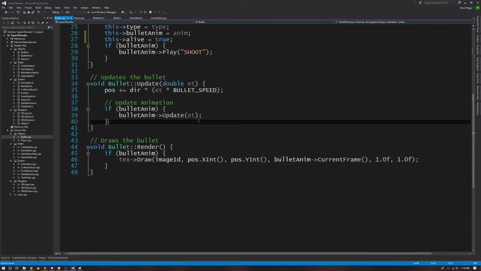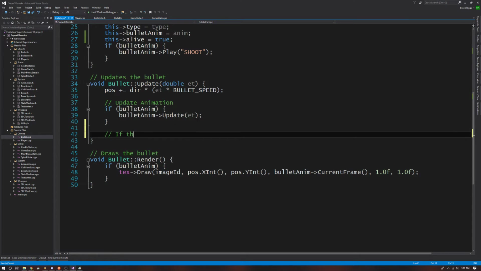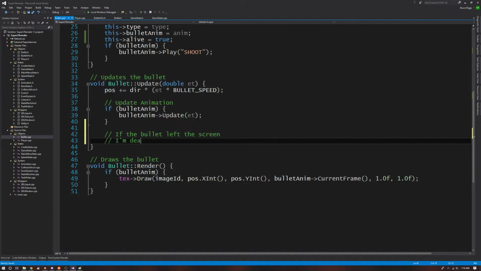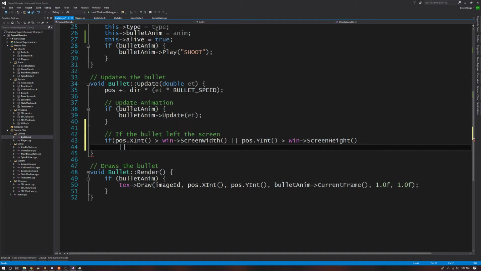Alright, so bullet. If the bullet left the screen, I'm dead. So let's see. If his X integer is greater than the width of the window, or if his Y is greater than the height of the screen, or if his position is less than negative,